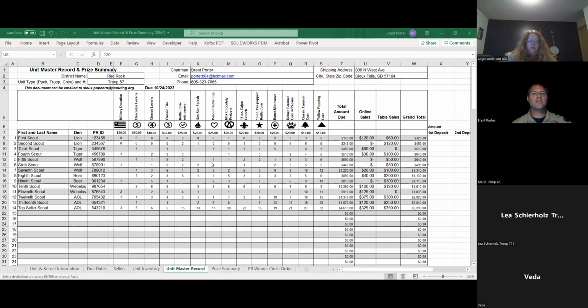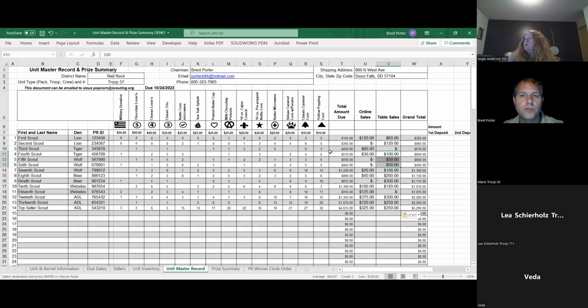All right, so we were talking about table sales. For table sales, you enter in $1 for each scout if they participated. So let's say we've got these 3 scouts here, Scout 4, 5, and 6, they all went together. They did $200 in the 2 hours that they did, but Scout 4 was there for both hours, but Scout 5 and 6 each split an hour. So you have 4 hours total. So you're just going to divvy up each scout for $50. That could work by giving them all one of the products or a couple of products or combinations thereof, or you just put the dollar amount in here.